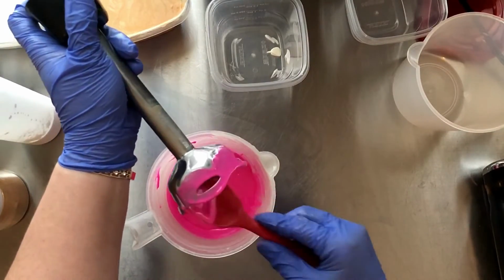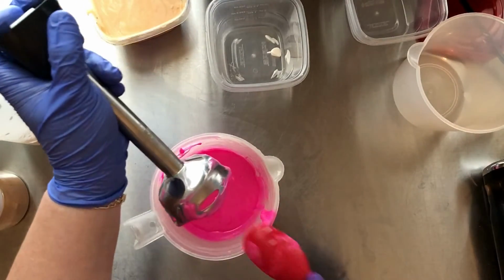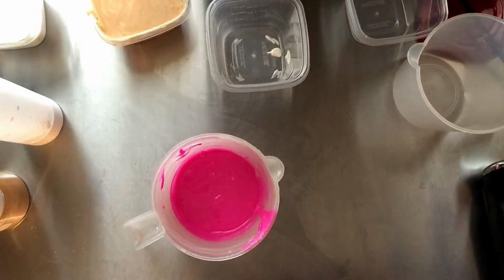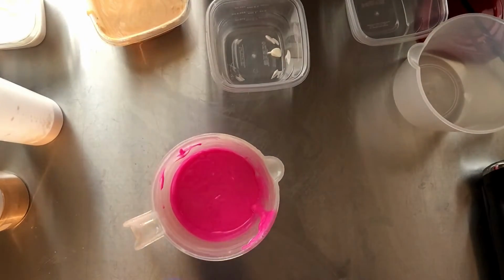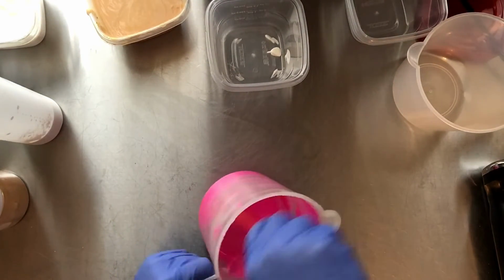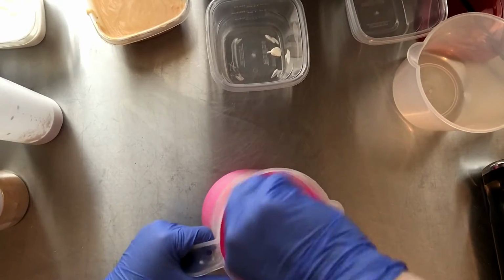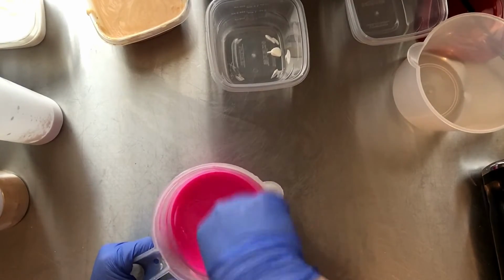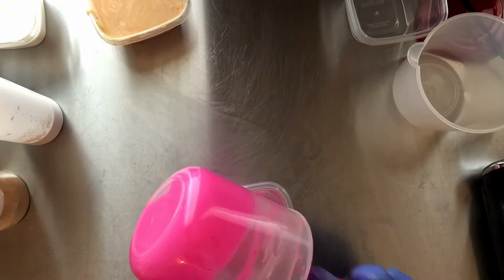Scrape this down, and then we are going to clean up the containers, and then we are going to just cover them and let them sit. I think I'm probably going to let them sit for about 2 to 3 days before I try to play with it, and give it plenty of time to saponify,